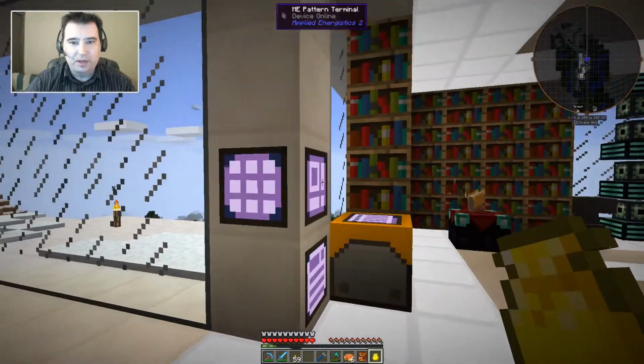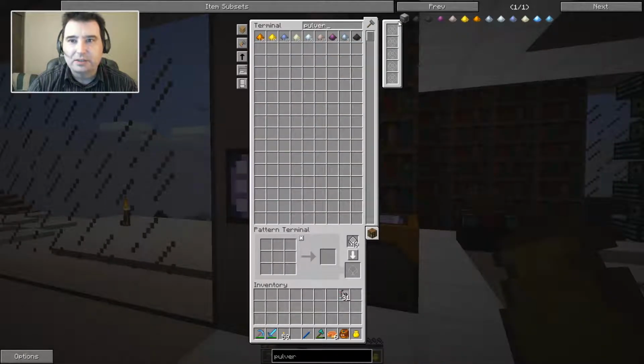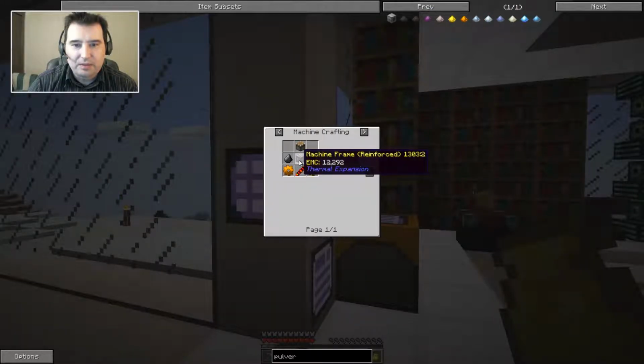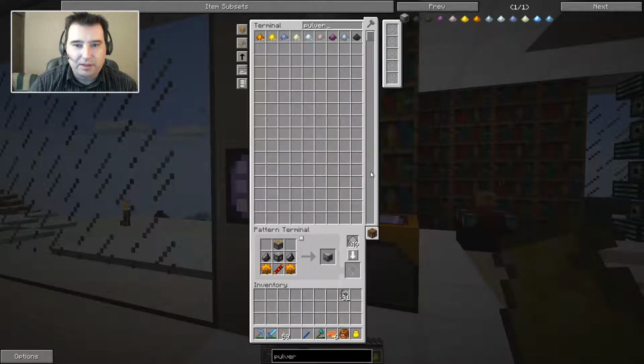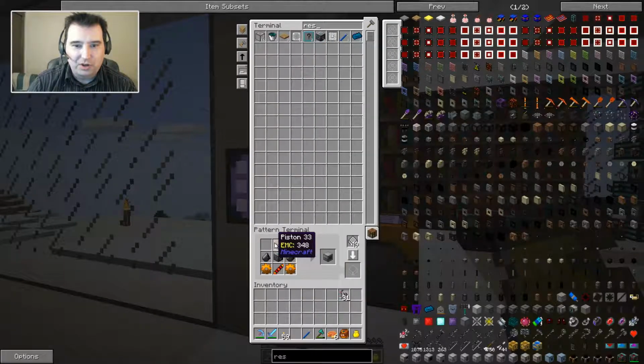And of course, I'm building it in the wrong place. So, pulverizer. See if we can wait till this gets to the right colored one. Nope. Sometimes it works. Resonant. There we go. Okay, so we've got our piston, we've got our flint, got our resonant machine frame, copper